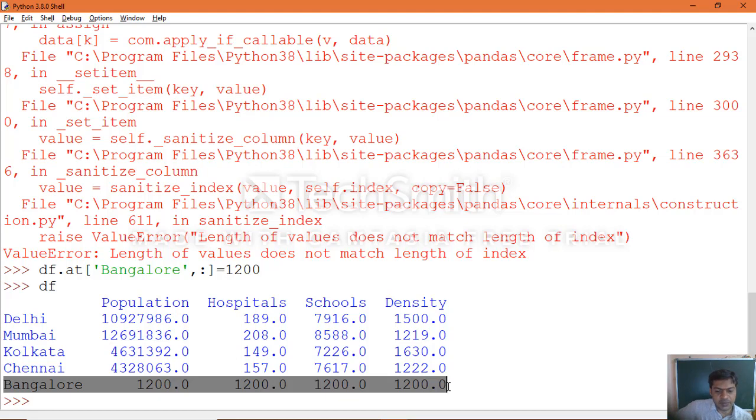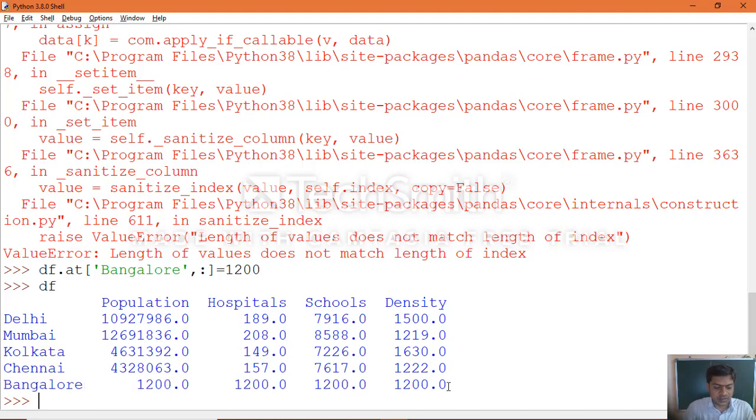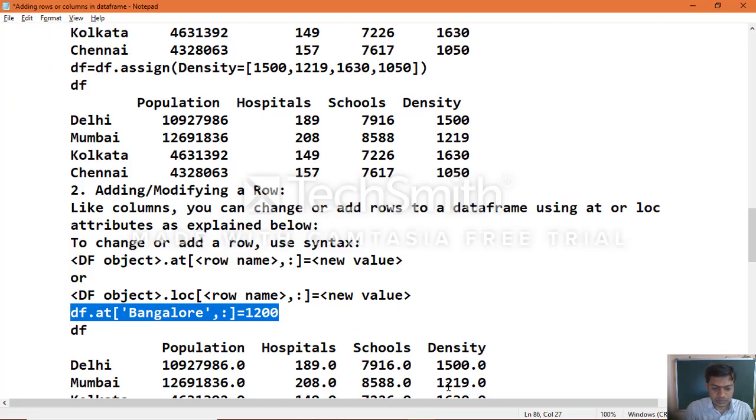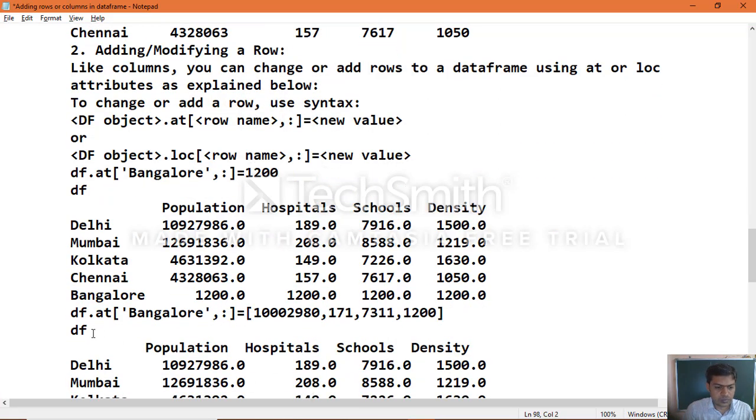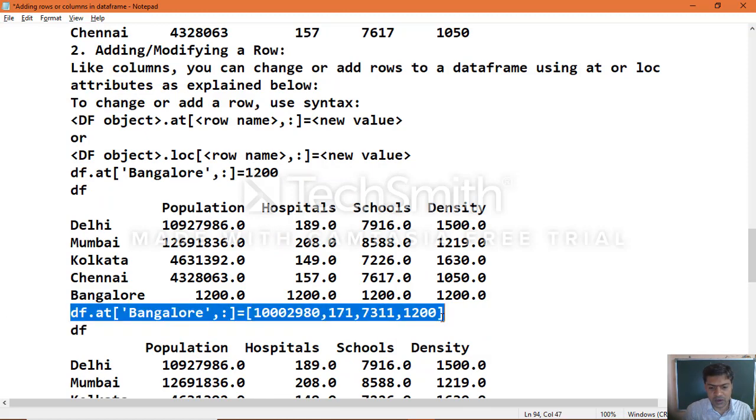So if you want to make different values, you need to specify them while creating the object for that particular data frame. You need to pass as many values as the number of columns that data frame object contains. Okay, now we'll see that also. Same syntax, which we are providing for all the values for that particular row.